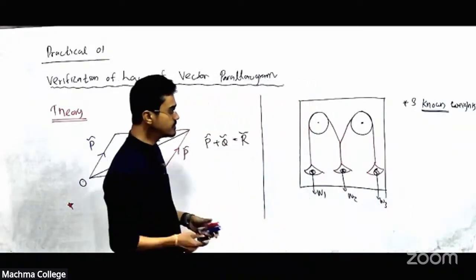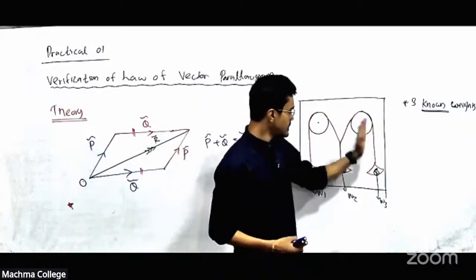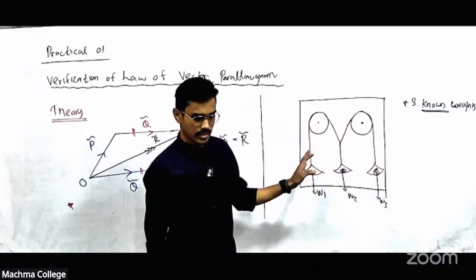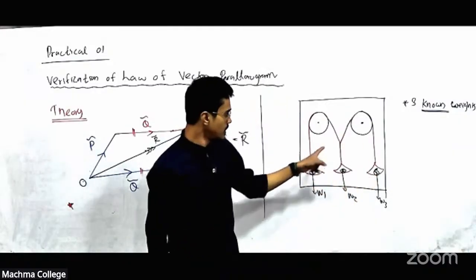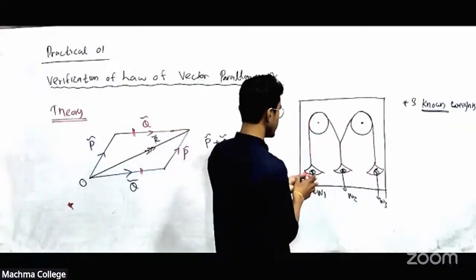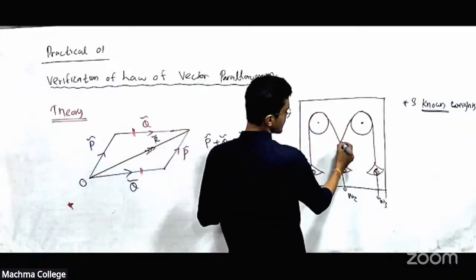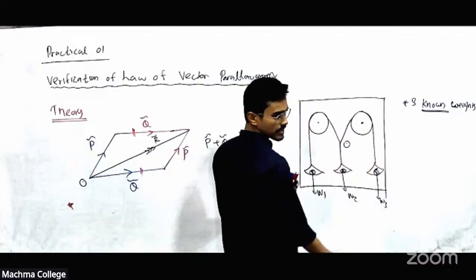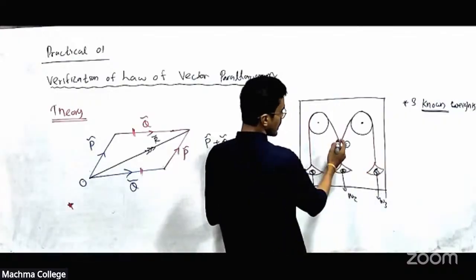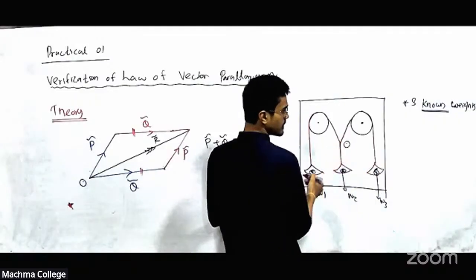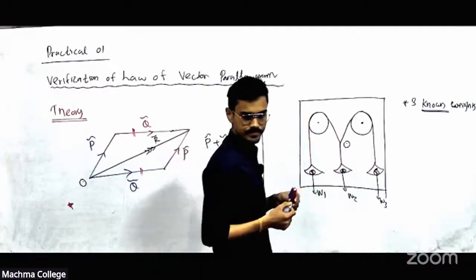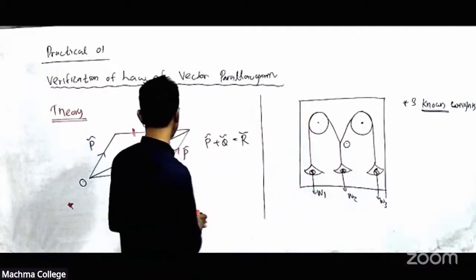Now, if this system is in equilibrium, if I think of this point here, look at the board. Let's say point O again. If I think of this point again, if the system is in equilibrium, this point is also in equilibrium, no? Right? And there's another theory you need to know.